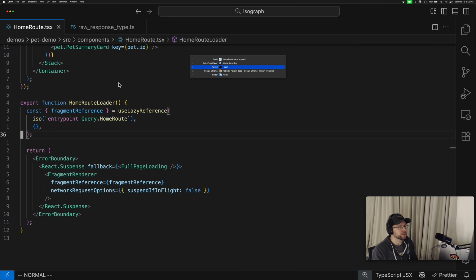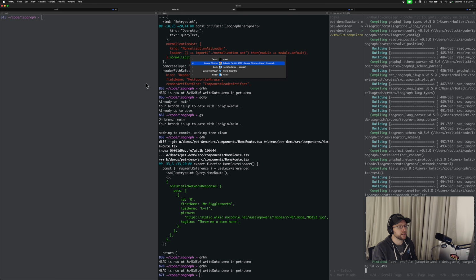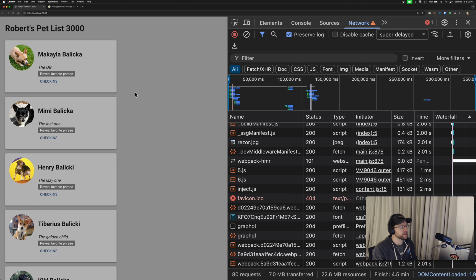So we might, for example, know that on this page, we know one of the pets. And we're just going to make up a completely new pet, but the principle is the same. We might know one of the pets, maybe it's been stored in local storage, maybe you have some other source of the first pet, whatever, and we're going to go ahead and do that. So here,